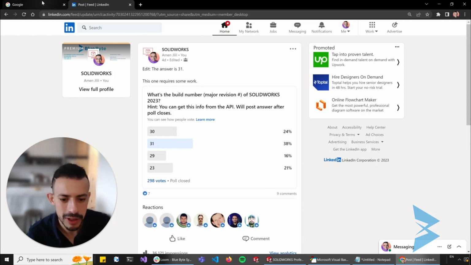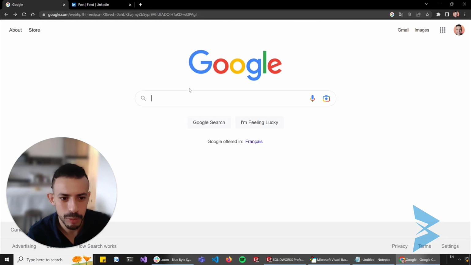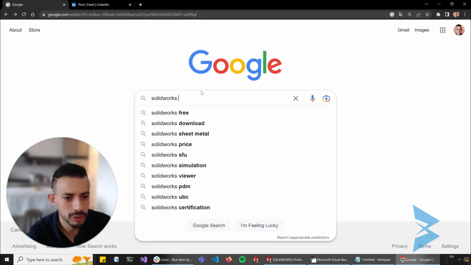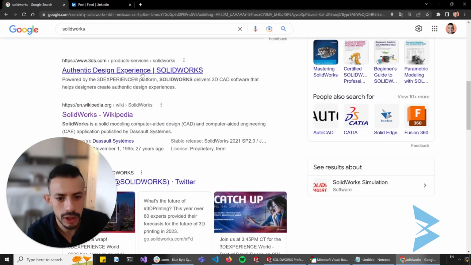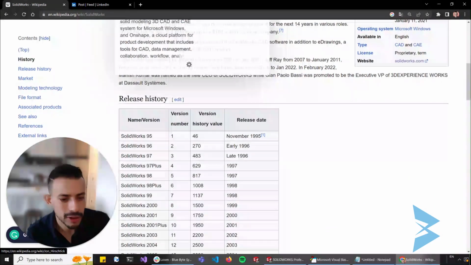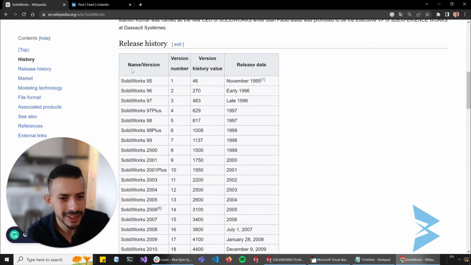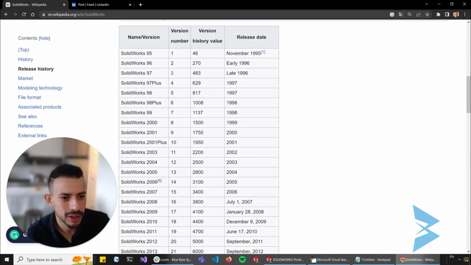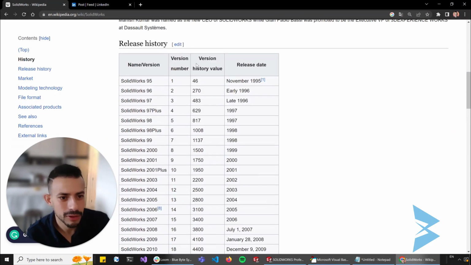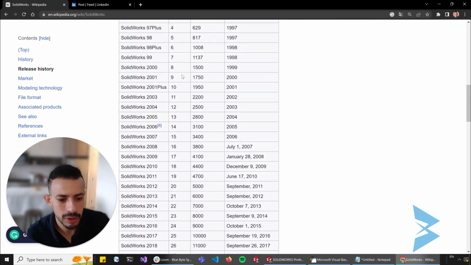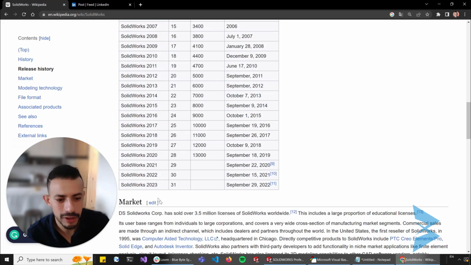Let me show you a very cheeky way of finding the answer by doing a simple Google search here. So if I search for SOLIDWORKS and jump directly onto the Wikipedia article, there's a table here that has every version of SOLIDWORKS with a column that notes the version number, or the revision number in our case. So if you scroll all the way down here, you can see that SOLIDWORKS 2023 has a revision number of